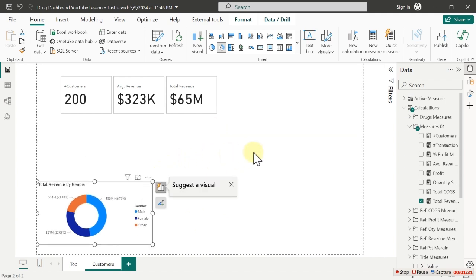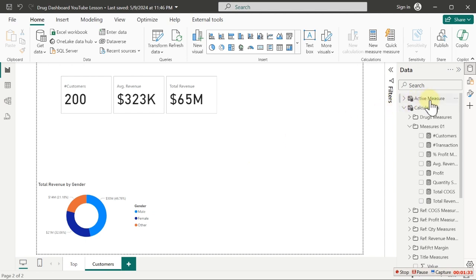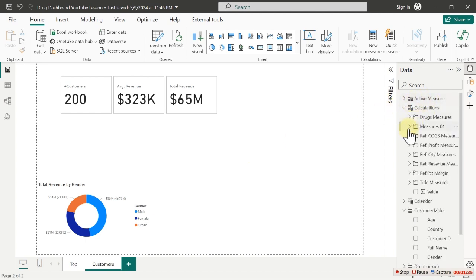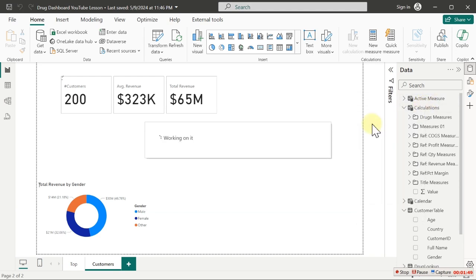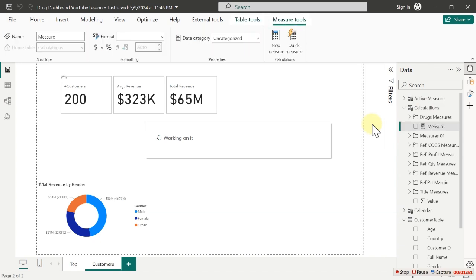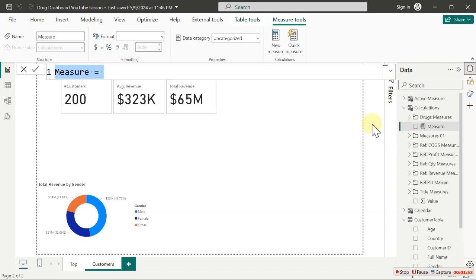For the very first time, what we can do right now is to create our first measure. The first measure we want to create is to know the total revenue for every single gender: male, female, and even other genders. I'm going to right click here, then go over to new measure. Once I have clicked on new measure, I want to create my revenue for the male gender. I'm going to say male